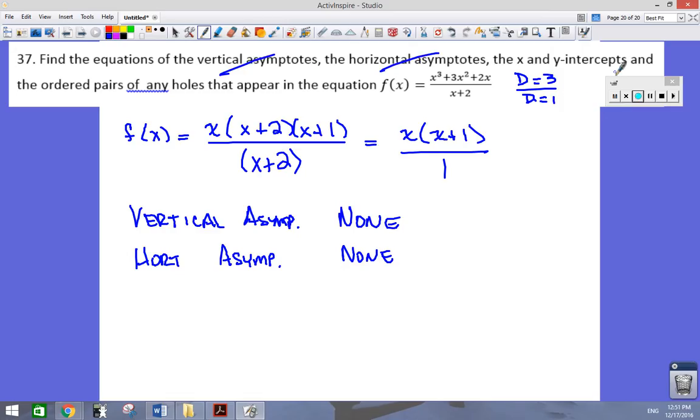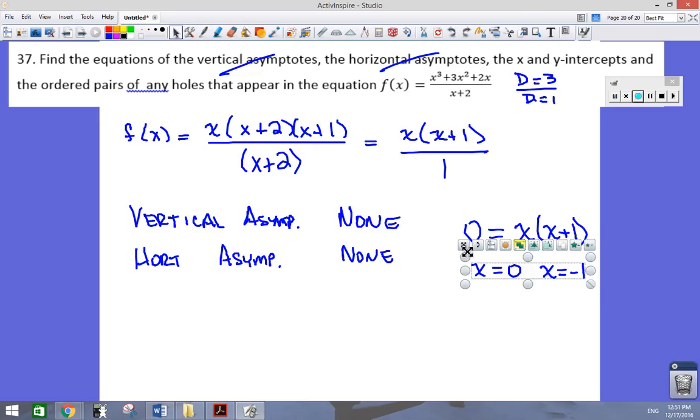It's asking for x-intercepts and y-intercepts. To find the x-intercept, we let y equal 0. And we want to be careful not to call a hole an x-intercept, so we look at the reduced function. It has intercepts at the origin because 0 times anything is 0, and also at -1. So we've got 2 x-intercepts